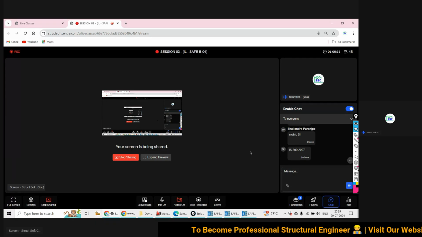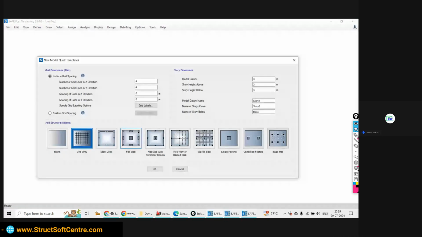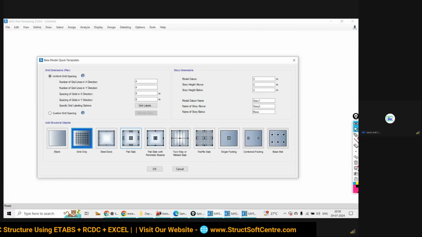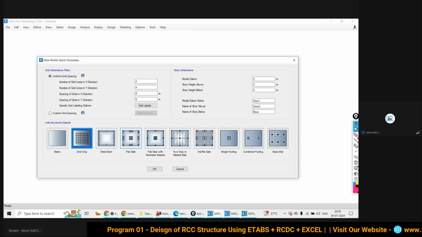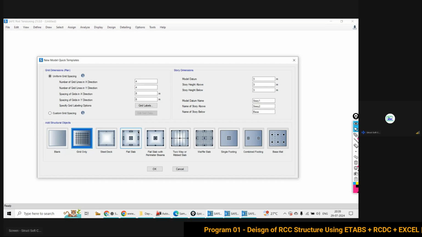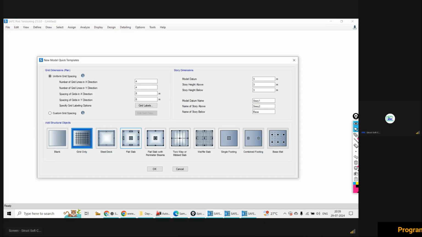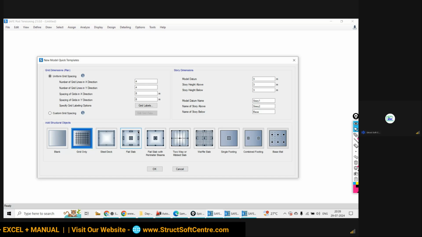Okay, so actually here also the same thing, we need to have the grid lines. These grid lines are actually the guidelines, giving the outlines to create your actual model. आपको अगर ये ग्रिड्स मिल जाता है, so there will be least chances of errors in your model. But okay, without this grid also you can create your model, but there will be more chances of having errors in your model.